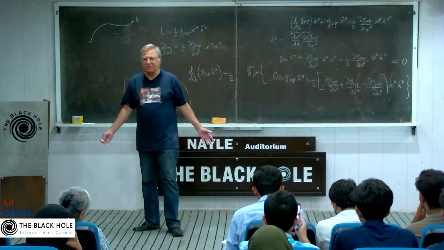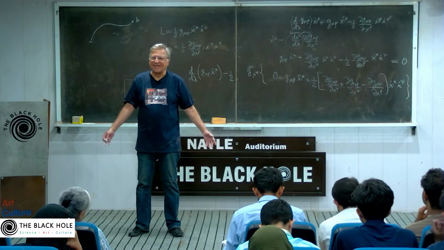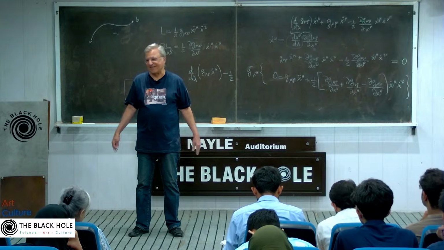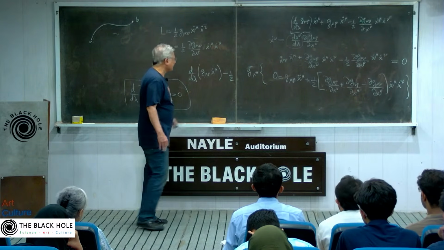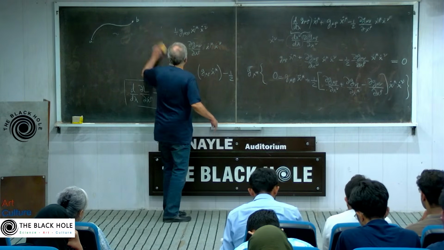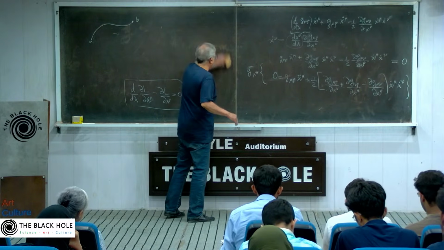If I multiply 0 by anything, it's still 0. So that, which then gives us our